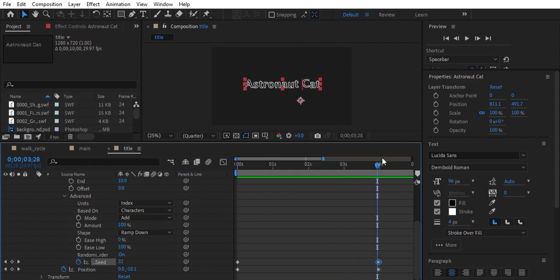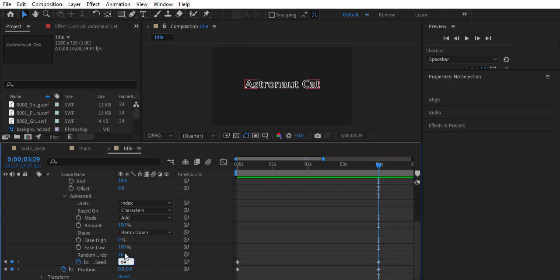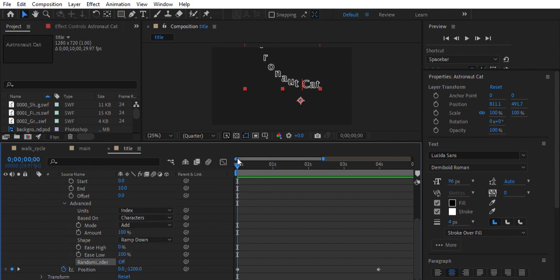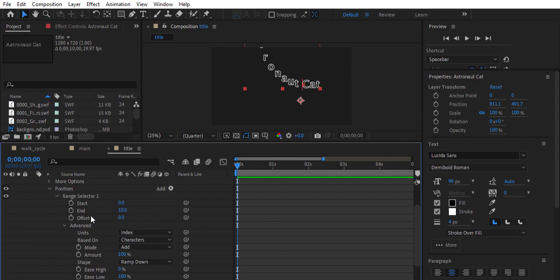Maybe if we go even crazier, do like 64. Now we kind of lose the original idea, but it's still kind of interesting. Let's turn it off for now because we're also going to add another component that's going to look similar. Those are all of the various ways that I can play with the advanced settings on that original